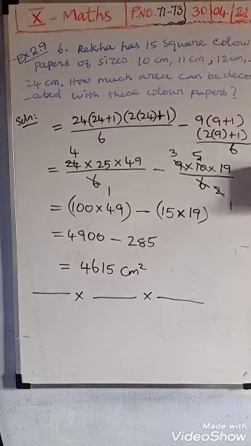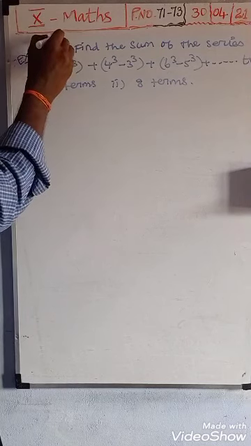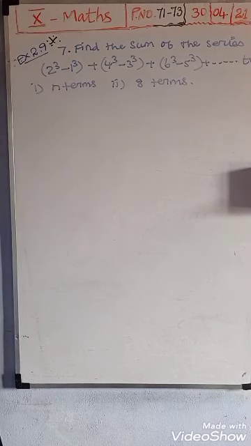Okay, that's all. Next we see the 7th question. It's very important. Before 6, and 7 are very important. This one is easy also. Find the sum of the series 2 cube minus 1 cube plus 4 cube minus 3 cube plus 6 cube minus 5 cube plus up to n terms should be added. What is the answer? Sum of the series, what is the answer? This series up to 8 terms, we want to find the answer.